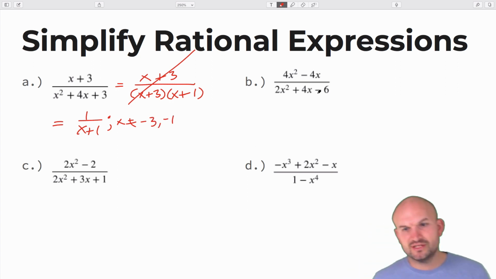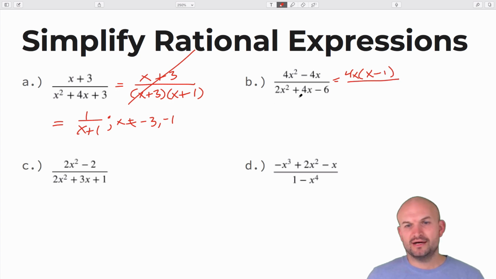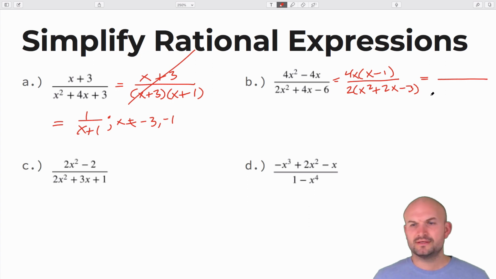All right, next example, looks like we definitely have some LCD going on here. I can factor out a 4x. And that's going to leave me with an x minus 1. Here, I can factor out a 2 first. So that gives me an x squared plus 2x minus 3. Let's see, it looks like I can factor that again one more time. Let's just rewrite it here. So this becomes a 4x times x minus 1